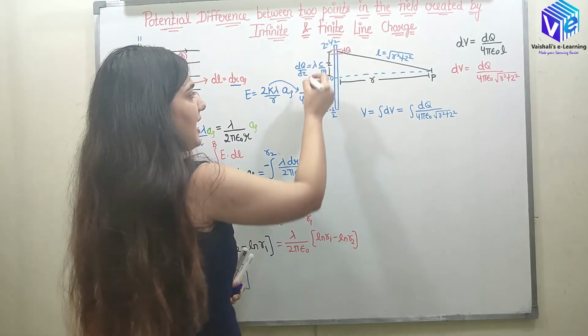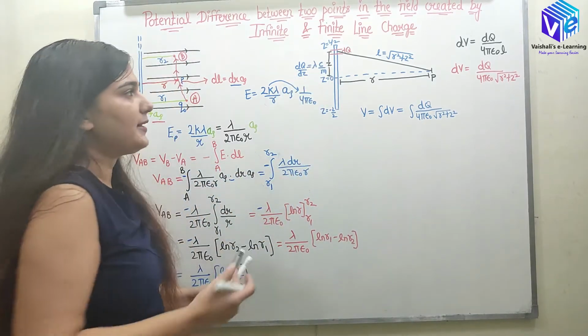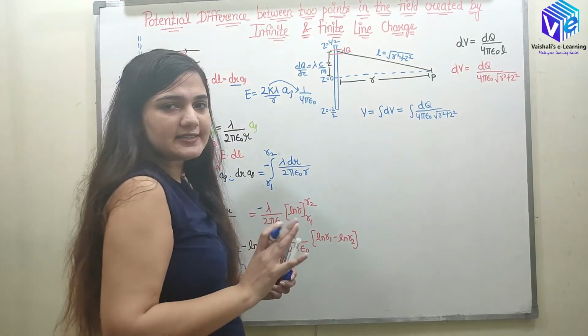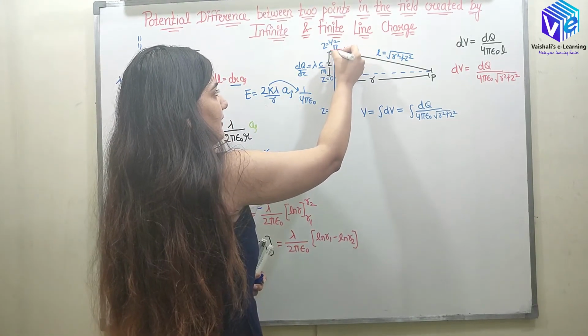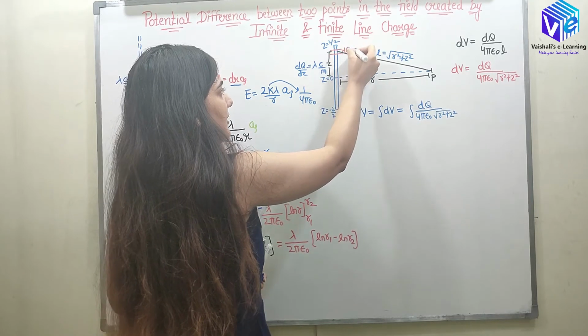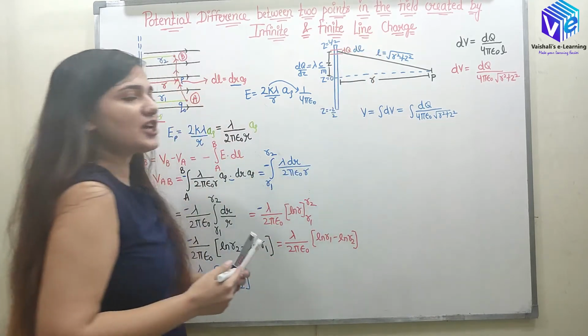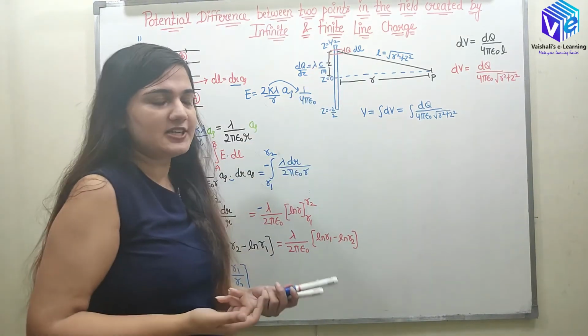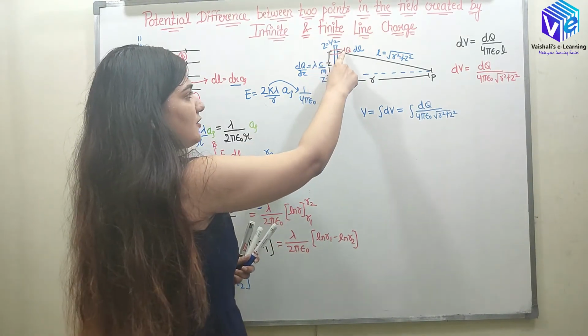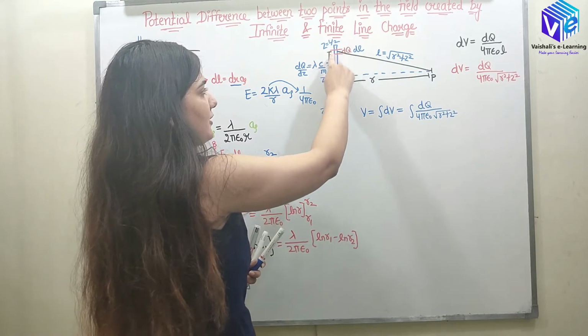Okay, so again the line charge density is given by lambda. Lambda will be dq upon dz. We know it. Okay, so for a small element here, let the small element be dl, and the charge is uniformly distributed, so the charge on this small element will be dq. So line charge distribution will be dq upon dl for this point.